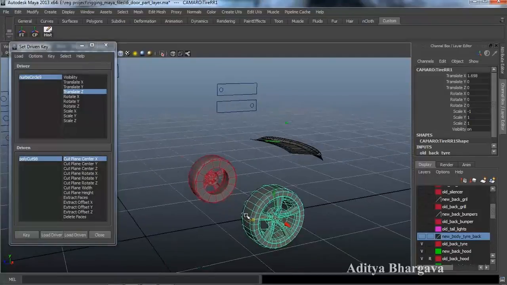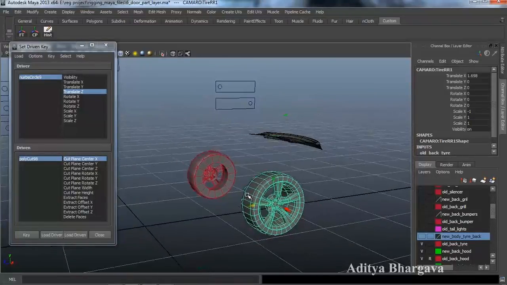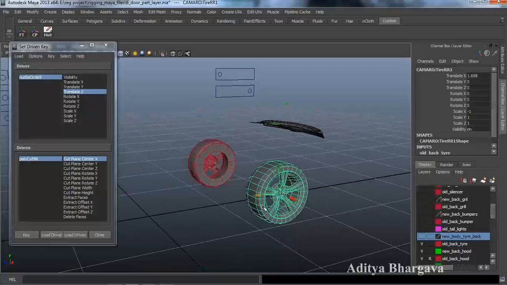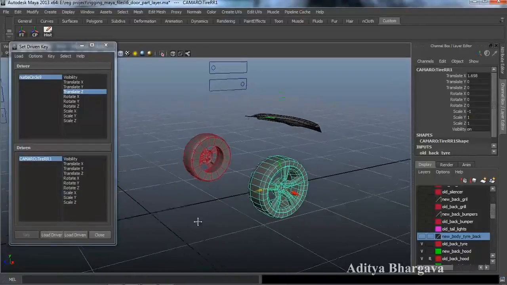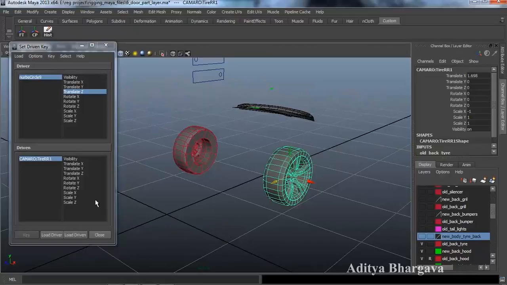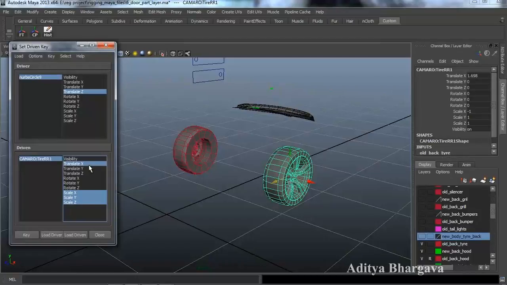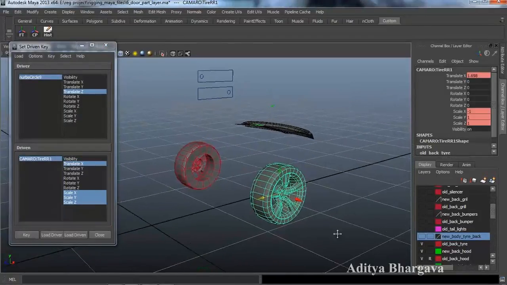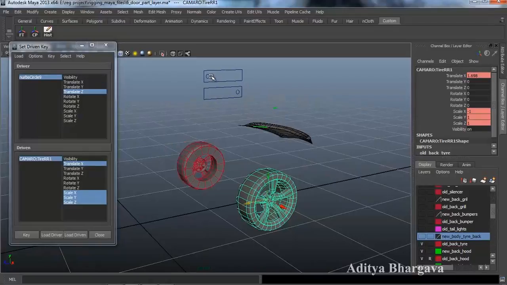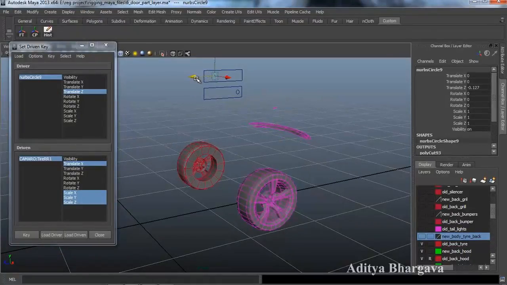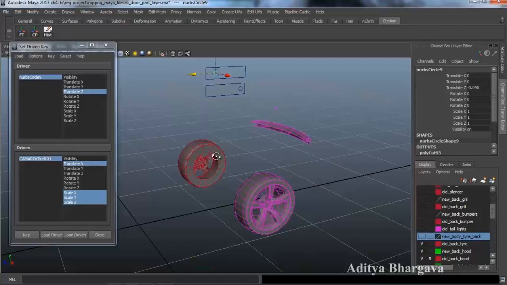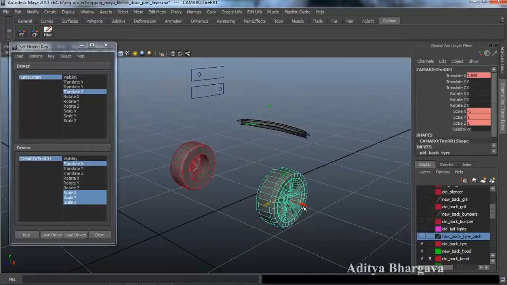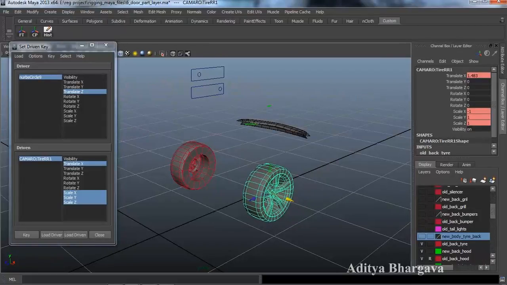So for that we'll make this tire the driven object like this, and we'll key its translate X and scaling axes. So for that we'll select the scaling axis and translate Z, and we'll add a key. Then we'll move the controller forwards to maybe this much position and take the tire, move it inside to maybe 1.5 value,